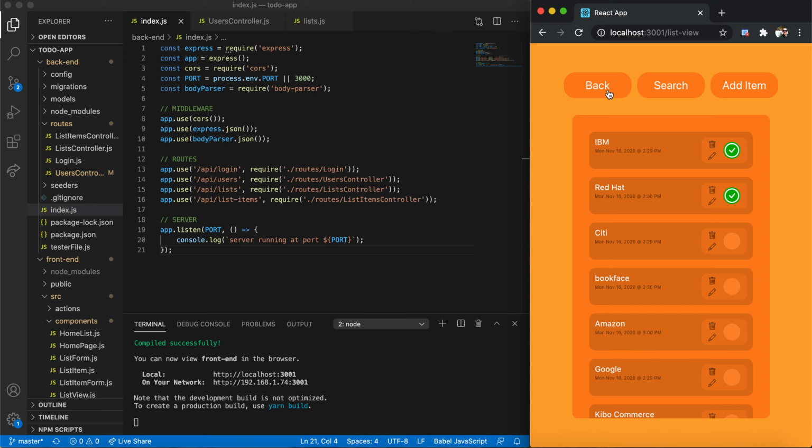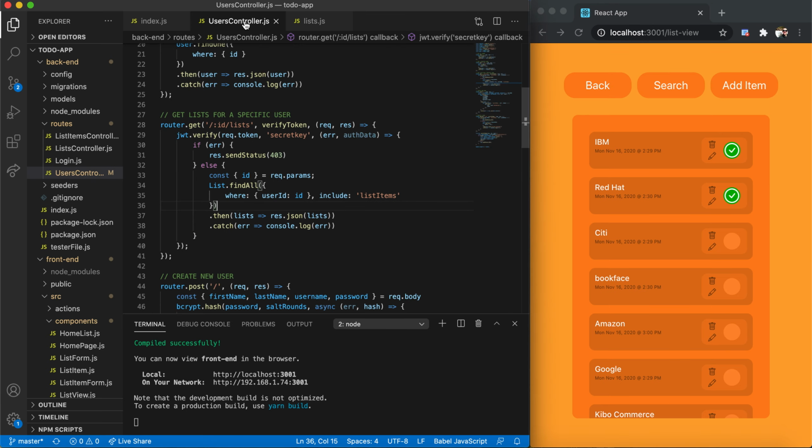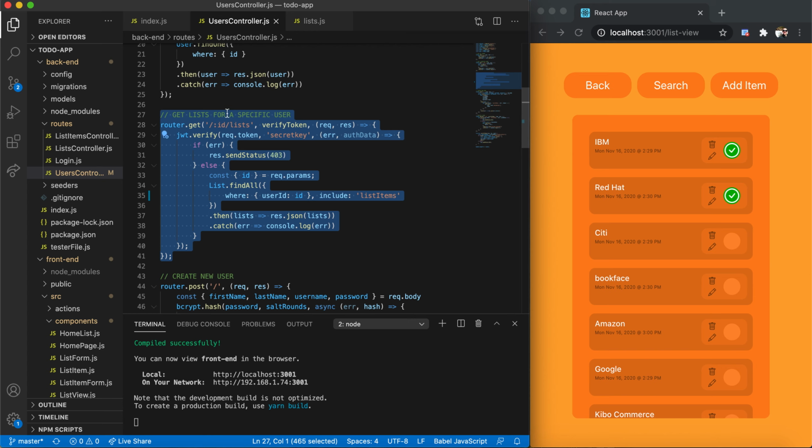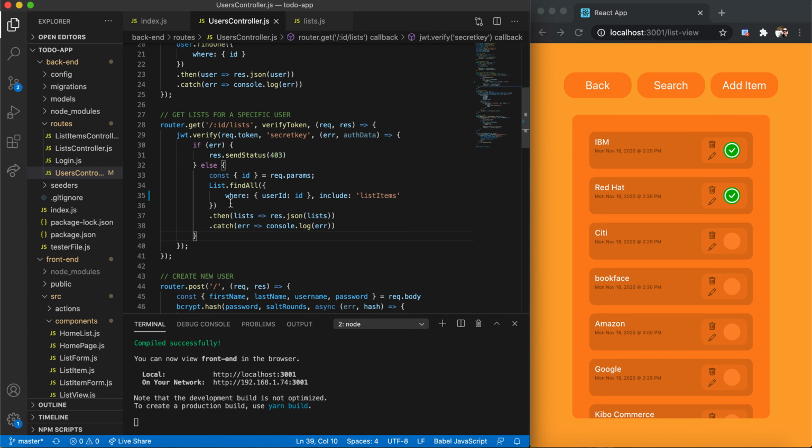So what I opted to do was, whenever a user signs in, they wind up hitting, after authentication, this get list for a specific user route. And basically what this does is it finds all of the lists associated with that user, but it also returns all of the list items as properties inside of the list objects whenever they sign in. And the benefit of that is that you're not doing as much fetching between the front end and the back end,